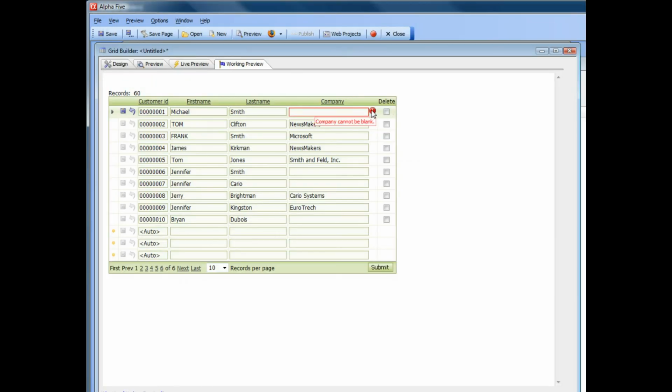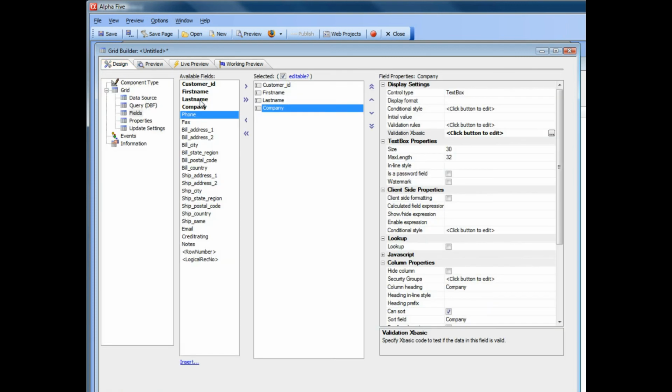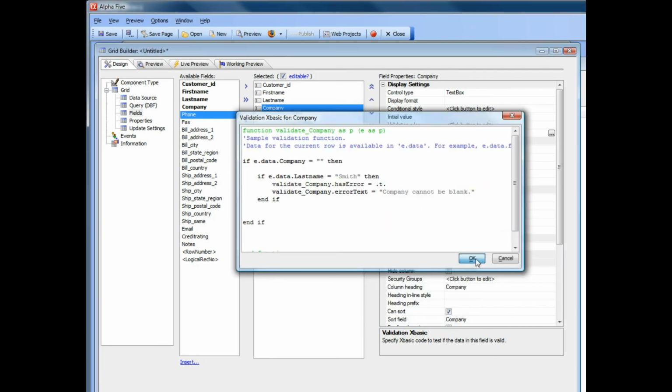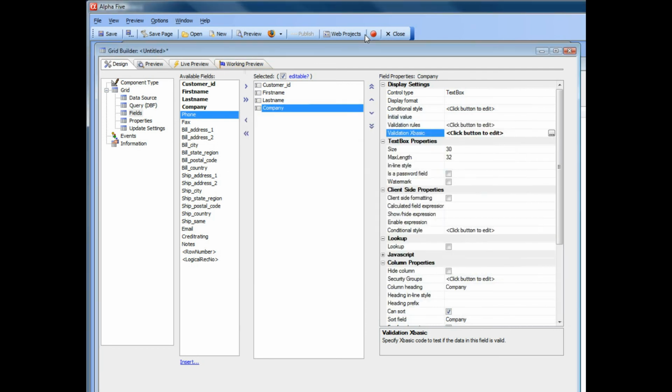Now of course you need to remember before you run this in a live preview, which will run in a background thread, that you should remove your debug1 statements, otherwise you'll get an error message from the server. So before we go to live preview, we can go back to design mode, and now let's just remove our debug1 statement over there, and click the OK button. And now if we for example go to our working preview